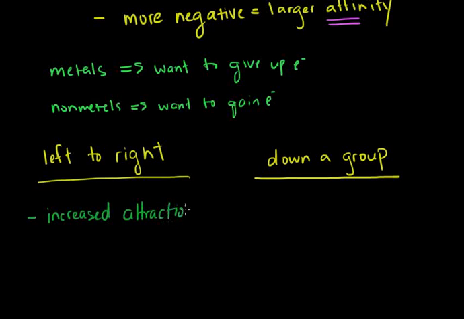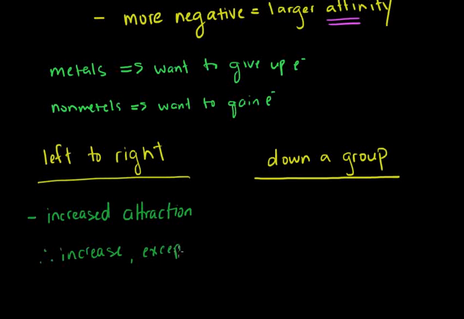Because it's increased attraction, atoms are going to be more stable when we add electrons. Again, because these atoms have 5 electrons, 6 electrons, 7 electrons, and so they'll only need a few to reach 8, so they're going to want to gain those electrons to reach 8. And so therefore we see an increase in electron affinity, so atoms give up more energy when we add electrons,